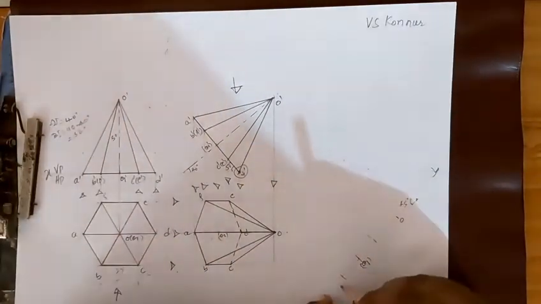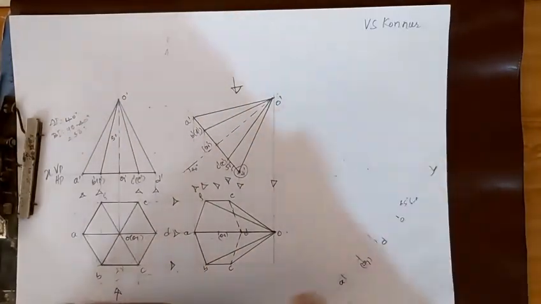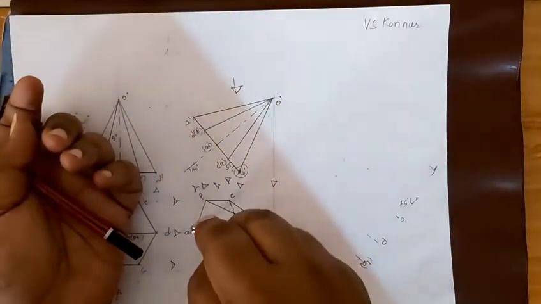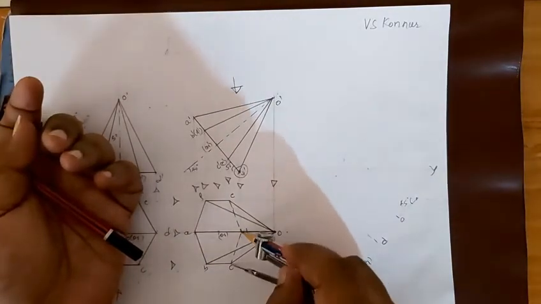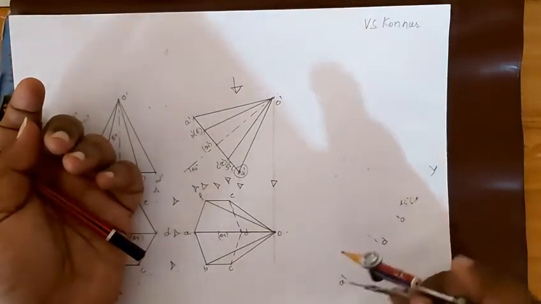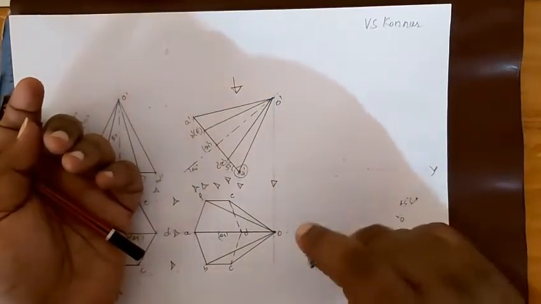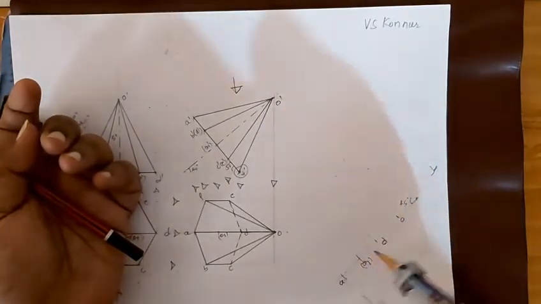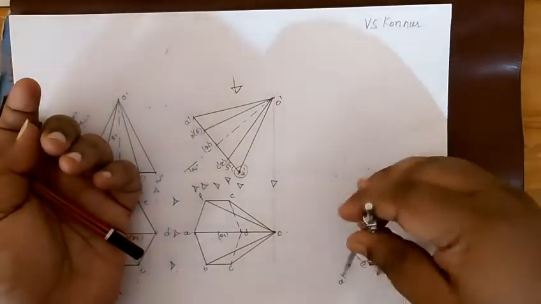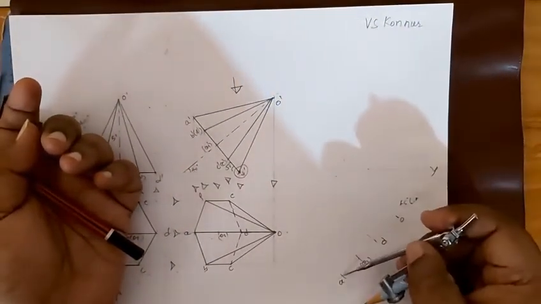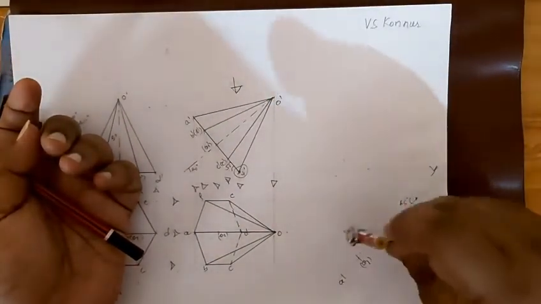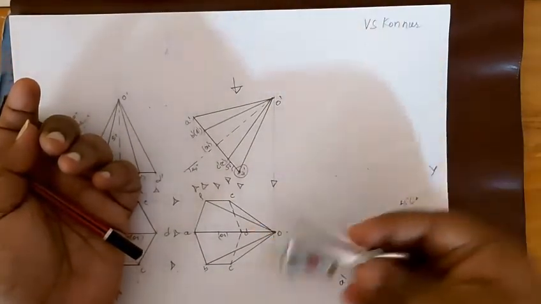So this is the A point, this is the D point. By knowing two points, you can construct anything. So from the B point I will take the A distance, or you can take the CD distance. All the distances are same. We'll draw an arc here on either side of A and D, and then we'll take